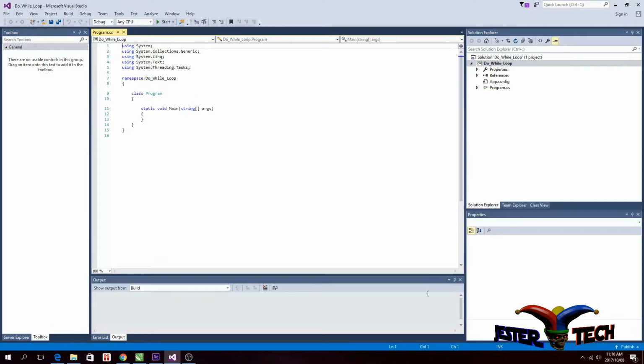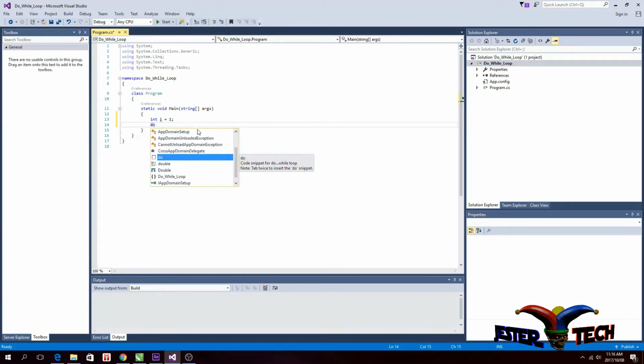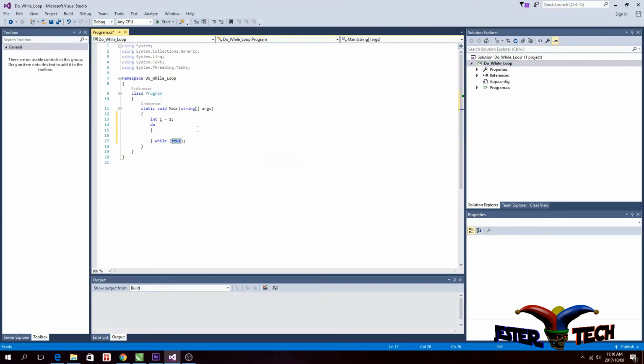So okay, and then in your static void main, we'll declare a variable of type integer. Just call it int i equals 1, and then a shortcut we can use is to put in your do while loop. Just type in do and press tab twice, and then the statement we want to run is going to be